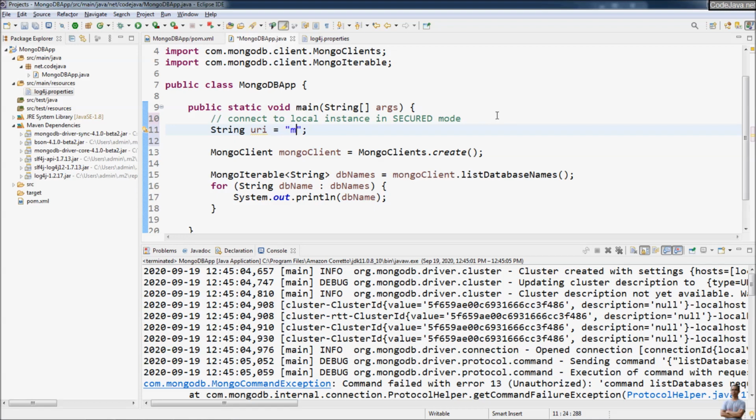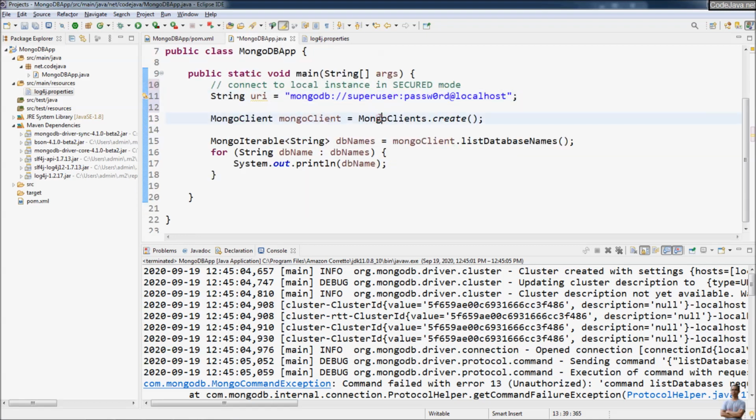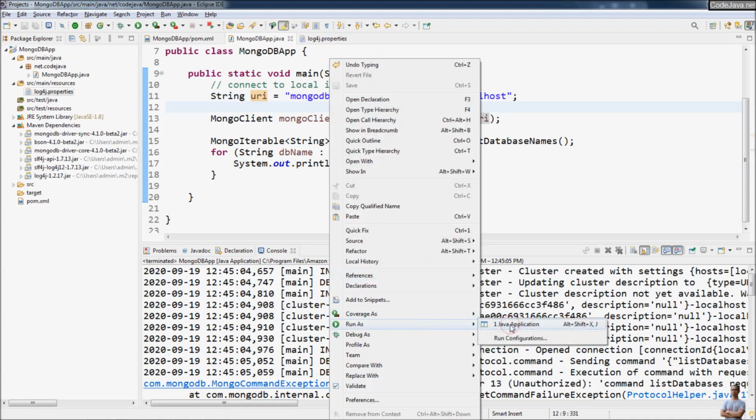mongodb:// double forward slashes, and then the name of the user, superuser, colon, and then the password, and add the localhost host name, and we use the default port number. That's it. Now we pass the URI to the create method here, and then we can run this program again. As it will connect to the local instance of the MongoDB database server in secure mode by providing username and password here. Run as Java application,